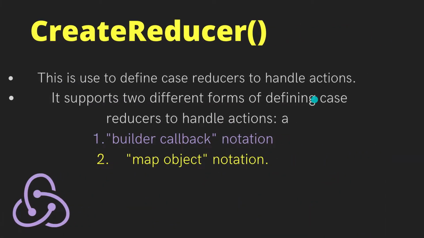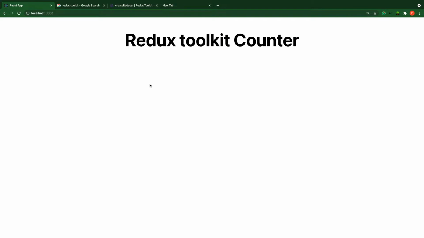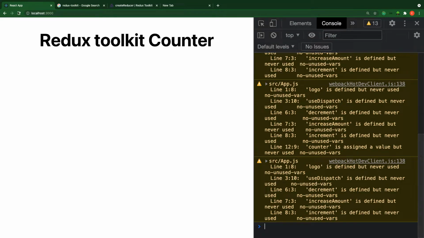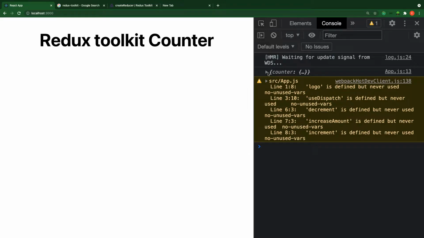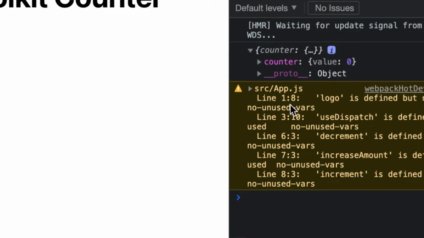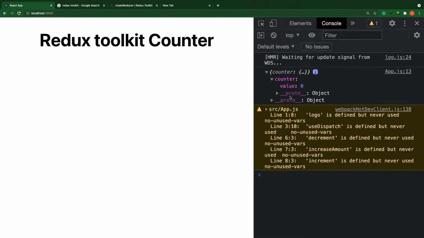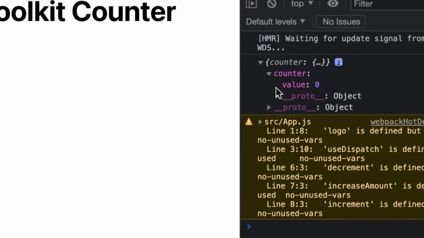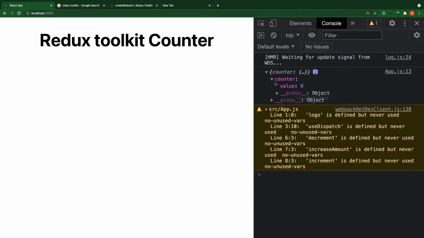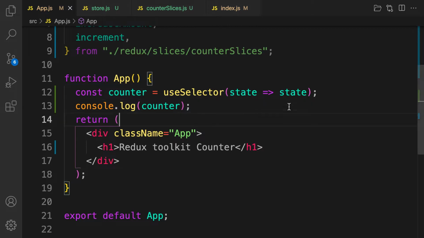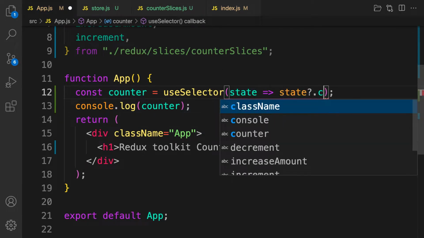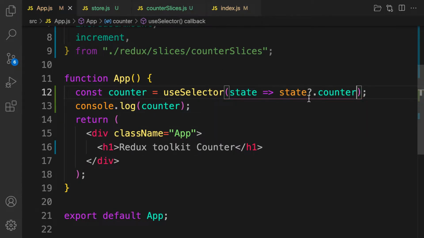All right, so let's go back to our application. So inside our console, let me refresh the application, and then you see that we have a counter with a value of 0. So now we have access to our state inside our component. So what you can do is that I can grab all the counter, right? So here it will be state dot counter. I'm using the question mark because I want to avoid using the AND operator. So this is equally the same as if there is state